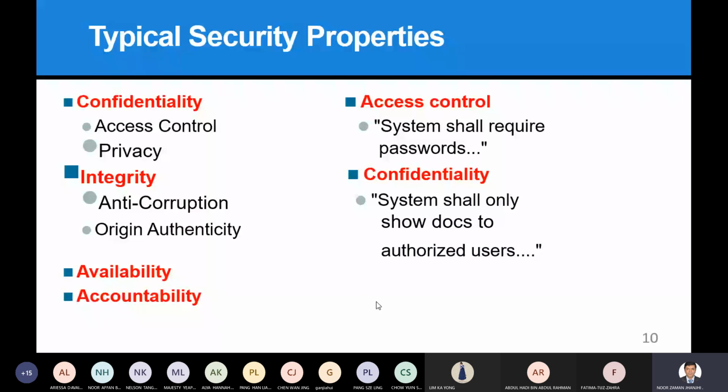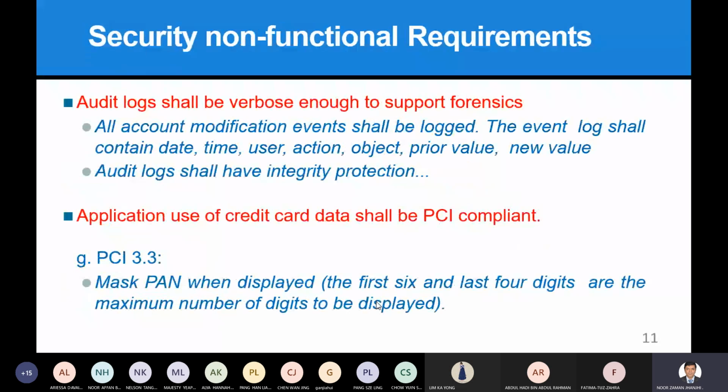What it is, we will discuss it in upcoming slides as well. So these are all the typical properties. Now, security for the non-functional requirements: the audit logs shall be verbose enough